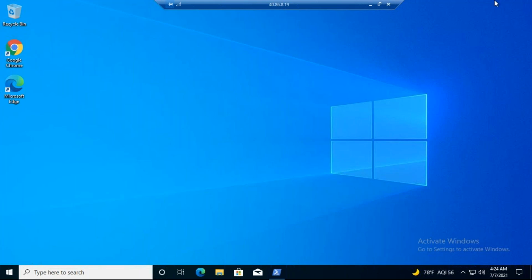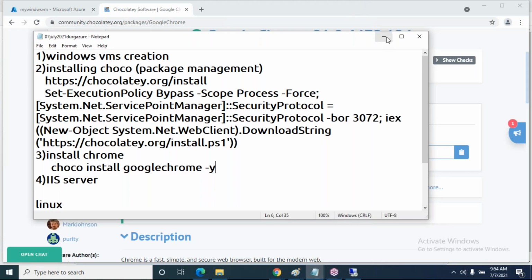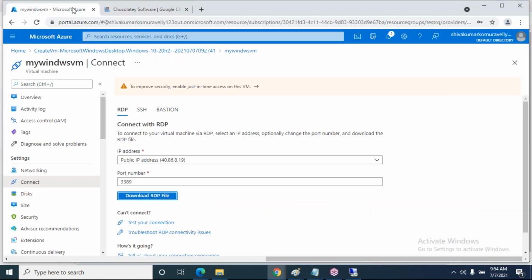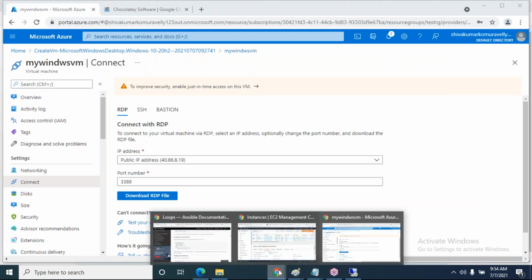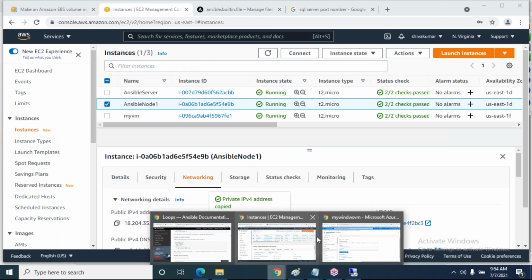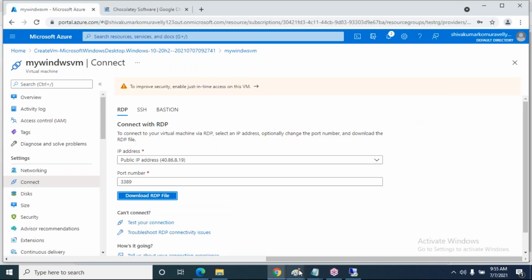So our last task is to configure IIS server.